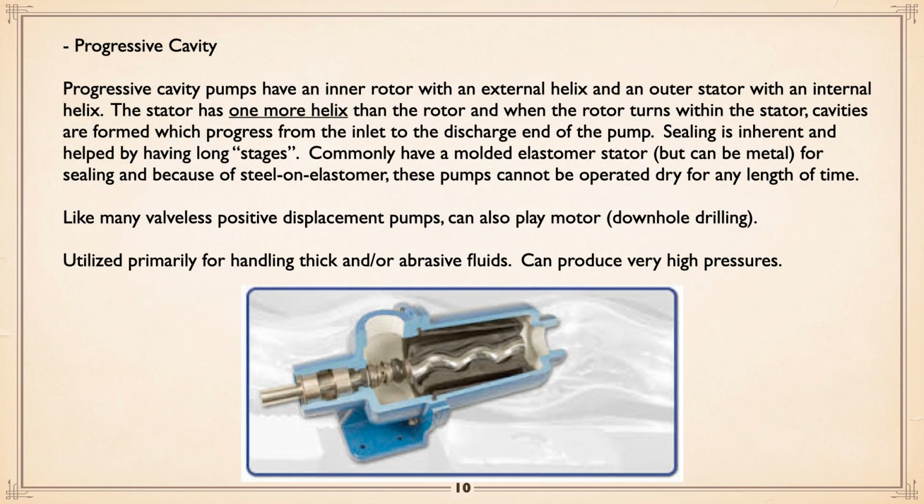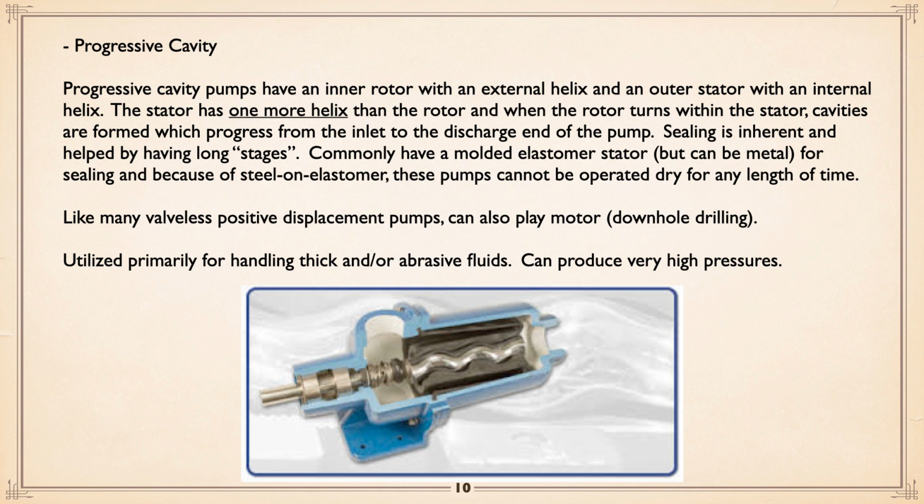Now, progressive cavity pumps. They have an external helix, the rotor, and an outer stator, which is this stainless thing you can see with the rubber inside. The stator has an internal helix in the rubber piece. The stator has one more helix than the rotor, and when the rotor turns within the stator, cavities are formed which